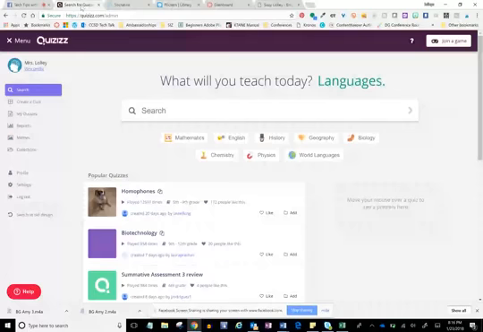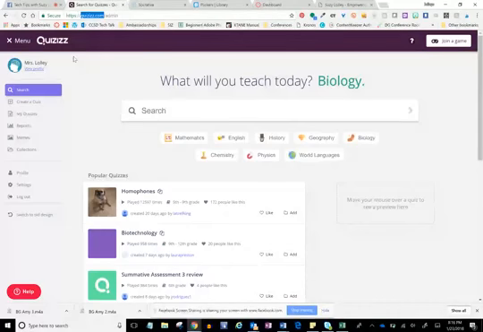Anyway, Quizzes, if you've not seen it, it's Quizzes.com. Just add an extra Z, it's spelled Q-U-I-Z-Z-E-S, or you can see it right here bigger. Quizzes.com allows you to do the same kind of game format, but here are the differences from Kahoot. Number one,